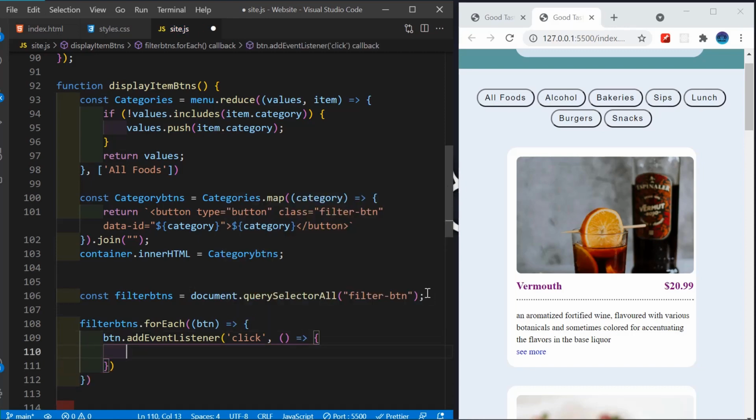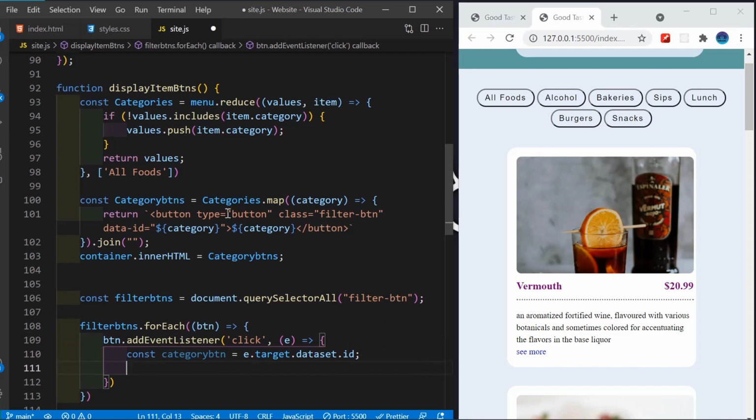So I want to grab every current target. So what I will do, we shall have an event, so I will just pass here my e, and now I want to grab every ID. Let me just create a variable here, const category btn. So now that I'm grabbing the ID for every button, this ID here,